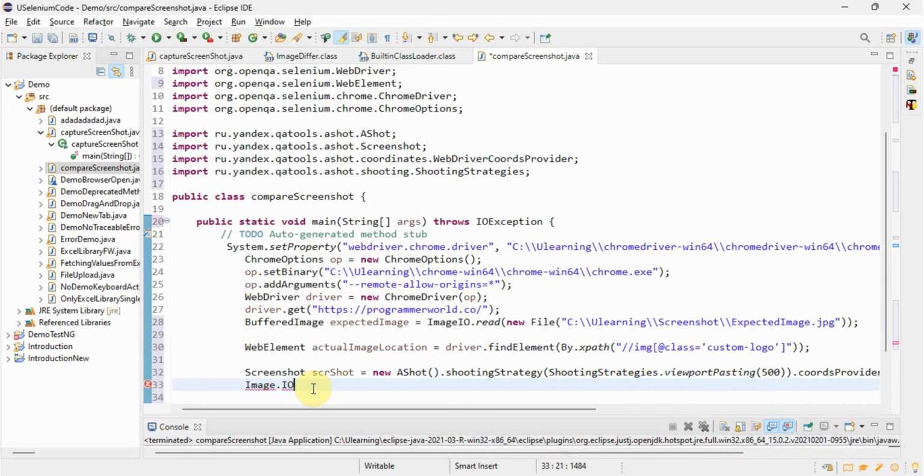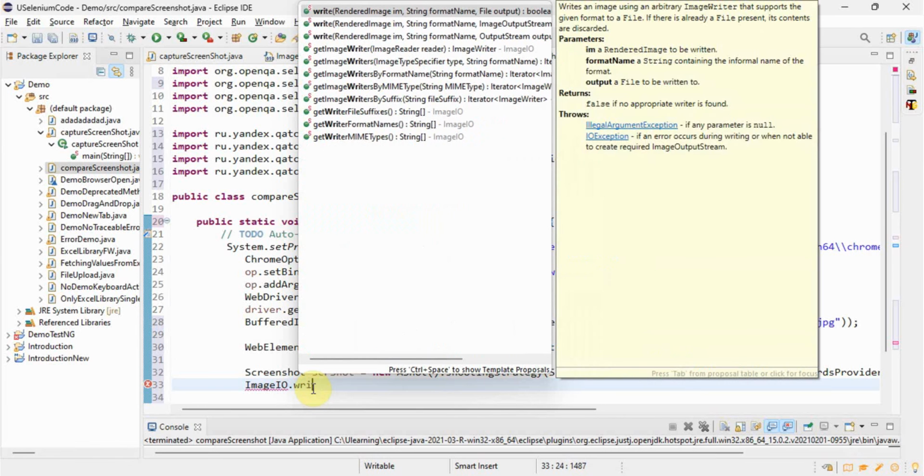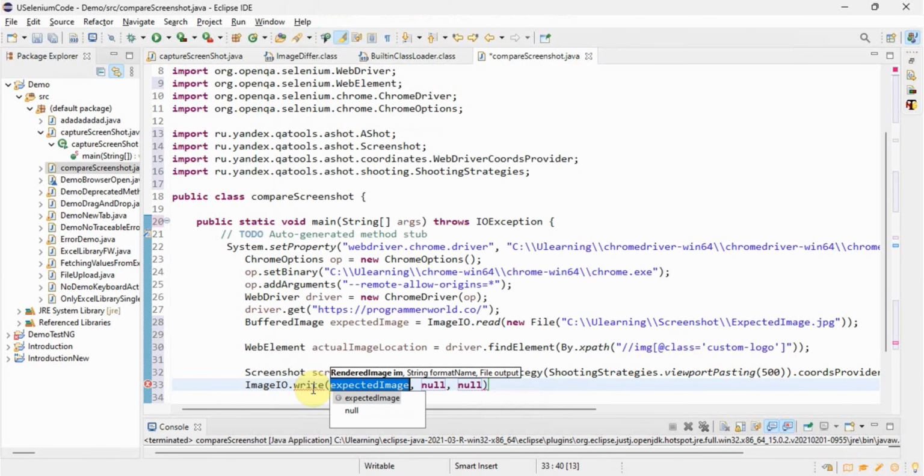So what we will do is ImageIO dot write, the one with the image output stream. Okay, so we'll take the first one, write. scrShot dot getImage, because that image is in this variable, right? So in ImageIO dot write, scrShot dot getImage, and here we have to give